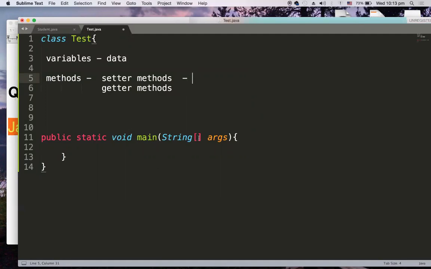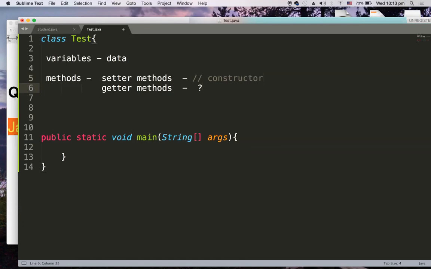In this context, a setter method can be eliminated with the help of a constructor. For example, if you take a student class, you have a set student method to set the values of the student. Setting of those data members of a student class can be done with a constructor itself. However, we require a constructor to create an object anyway. So you can eliminate the setter method by writing constructors. That has been seen in previous questions.